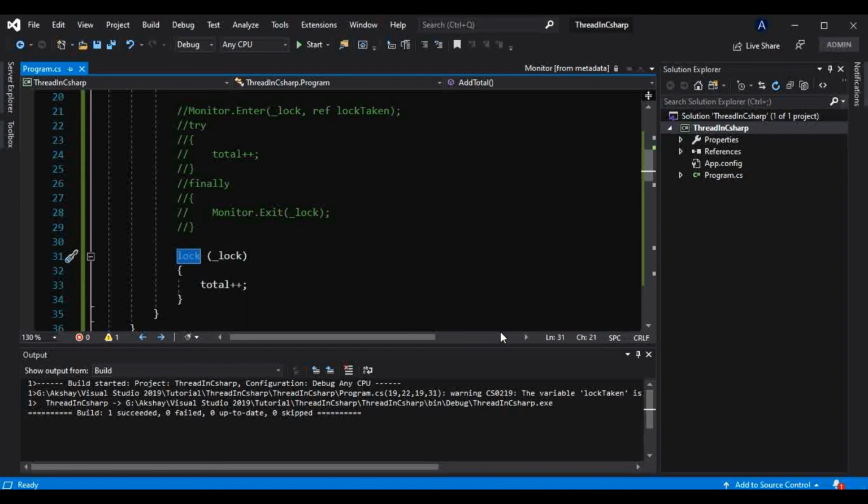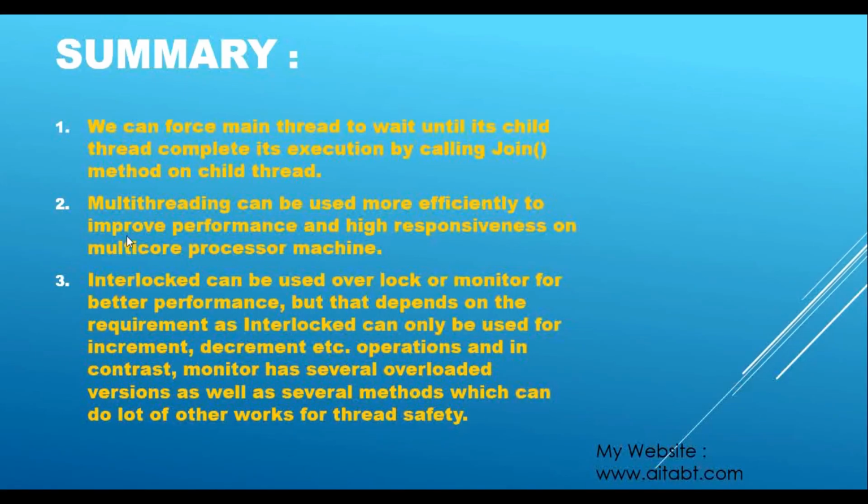That's what is mentioned here: interlocked can be used over lock or monitor for better performance only, and that depends on the requirement. Interlocked can only be used for increment and decrement operations, and in contrast monitor has several overloaded versions as well as several methods which can do a lot of other work for thread safety. But from the performance point of view, lock is better than monitor.